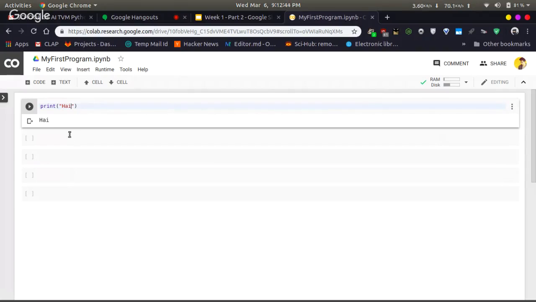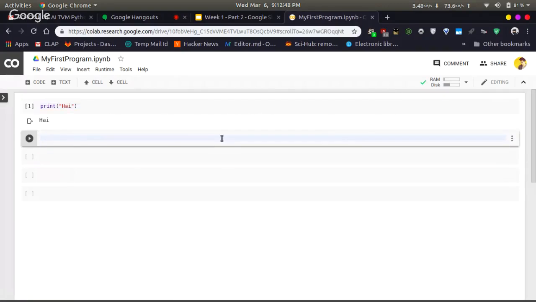Now, how can we delete a cell? In order to delete a cell, you can go to the More Action button, which is at the right corner. Click on that button, and now you have a menu. And just click Delete Cell. Now that cell has been deleted.